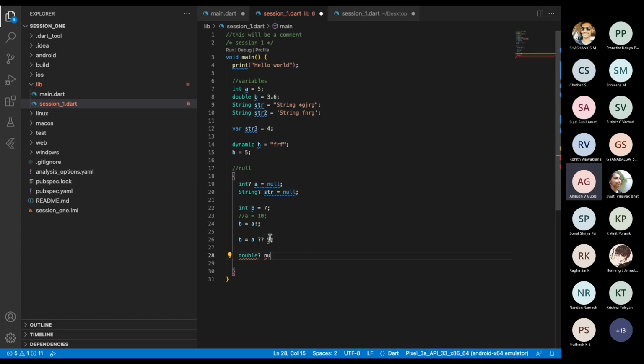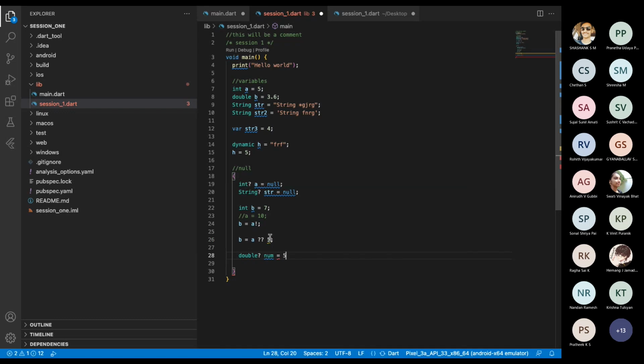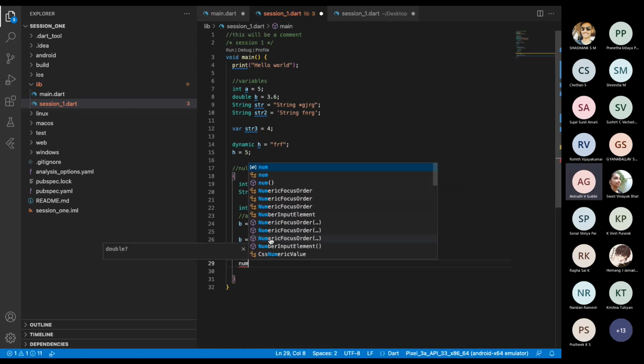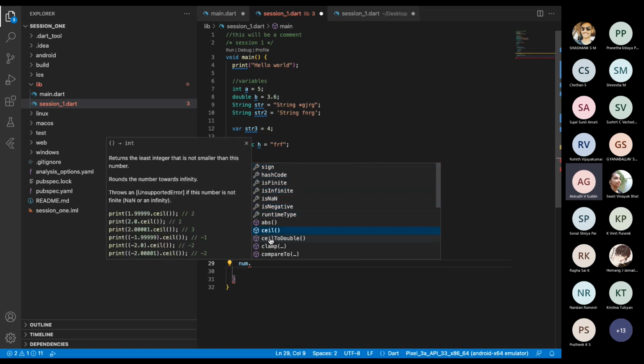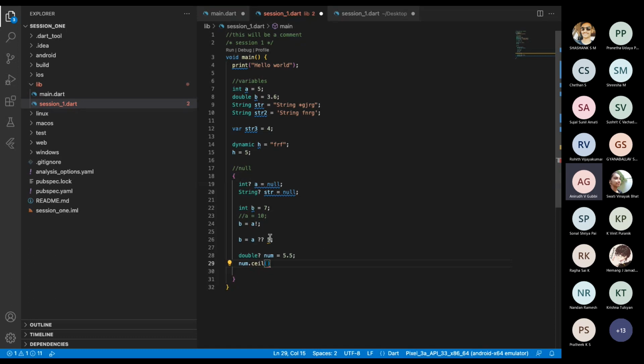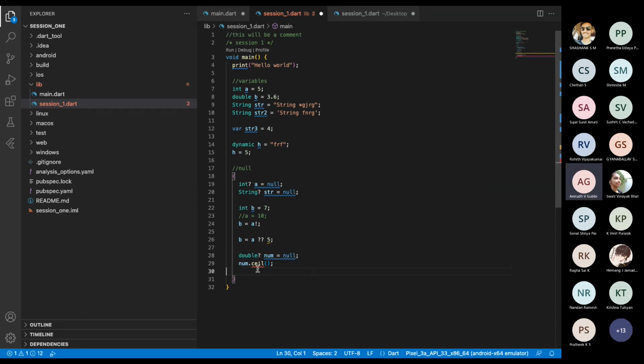So let us say I have a nullable type of double. So now num has these functionalities. So I can just say find the ceiling of it. Ceiling is like ceiling of 5.5 would be 6. Ceiling of 7.9 would be 8. So like that. So now if I had it as null initially, now you can see that I can't call